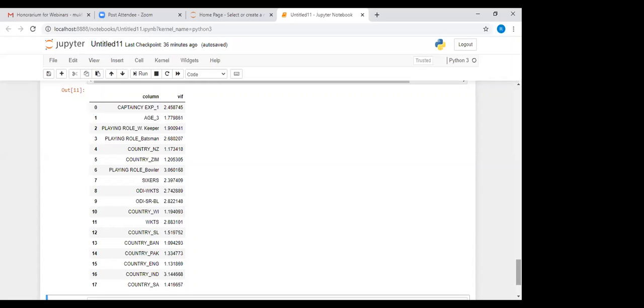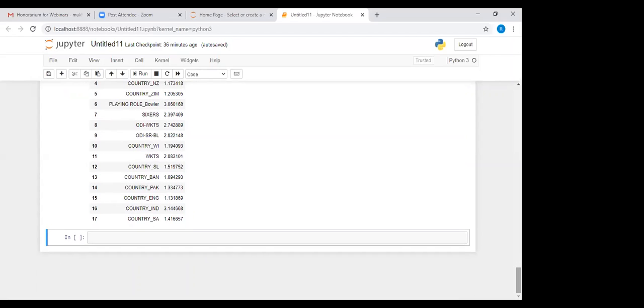So addressing multicollinearity is a very important task of doing multiple linear regression. Once you have removed this multicollinearity, then you again run the model.